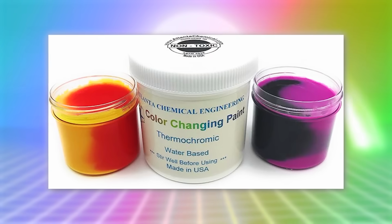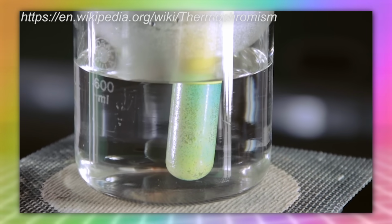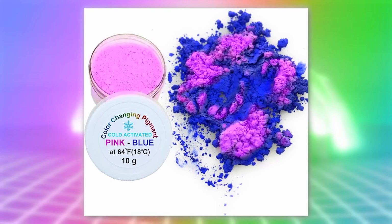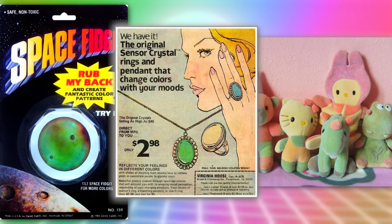It all started in the 1970s, where a new type of paint was being invented called thermochromic paint, a magical concoction of chemicals that can literally change colors back and forth just from temperature. I'm not gonna get into the complex chemistry as to why it changes colors, just know that it does and it's complicated. There's many practical uses for this, like battery testers and thermometers, but it obviously quickly caught on with